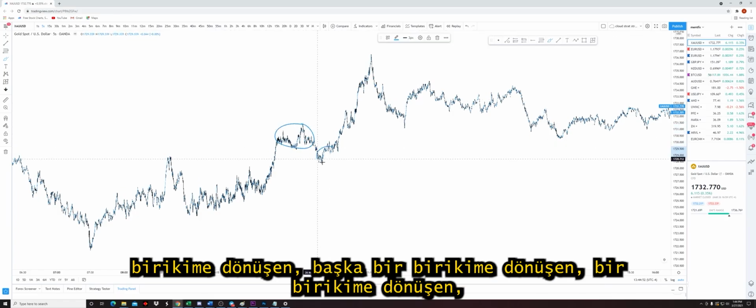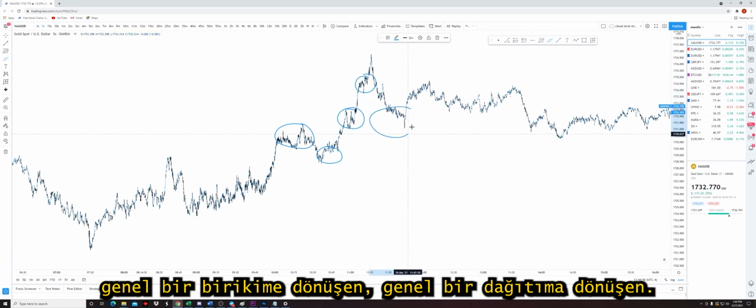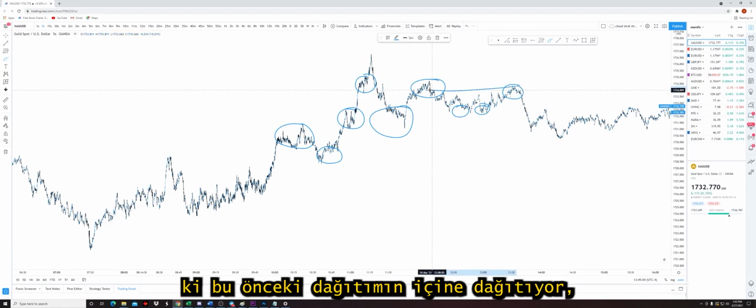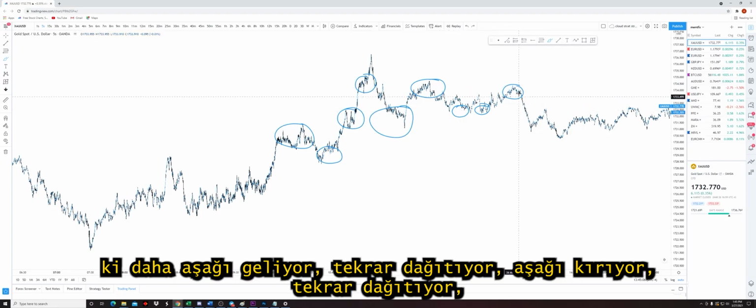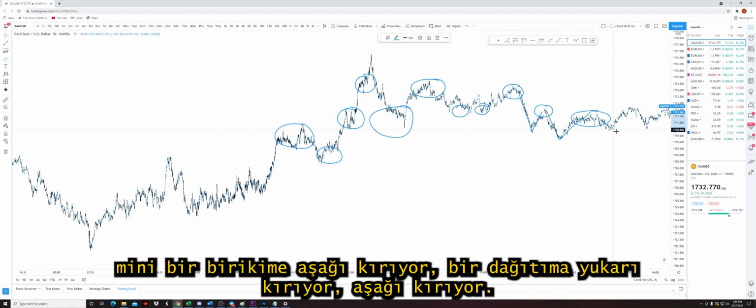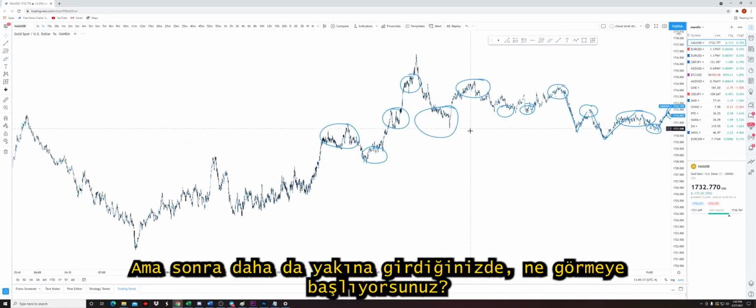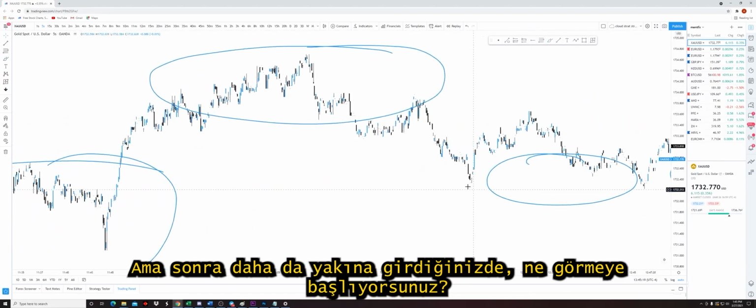Distribution into accumulation, into another accumulation, into an overall accumulation, into an overall distribution, which gives you a little accumulation here, another accumulation here, which moves up into here, which distributes into this previous distribution, which comes lower. Distributes again, breaks lower. Distributes again, breaks lower into a mini accumulation, breaks higher into a distribution, breaks lower. Right, I'm just pinpointing the easy parts, but then the second you zoom in even closer, what do you start